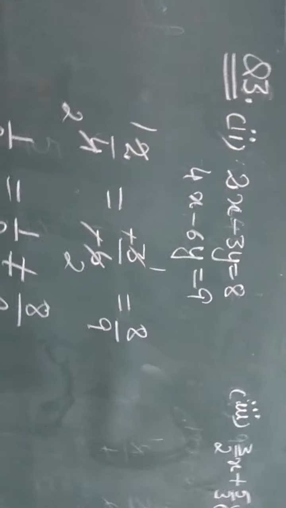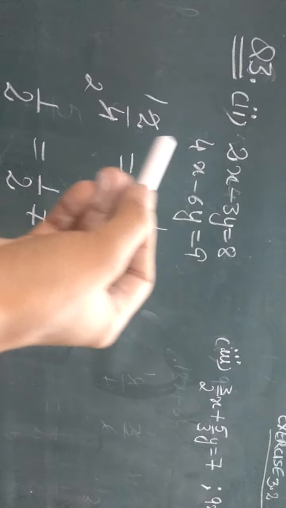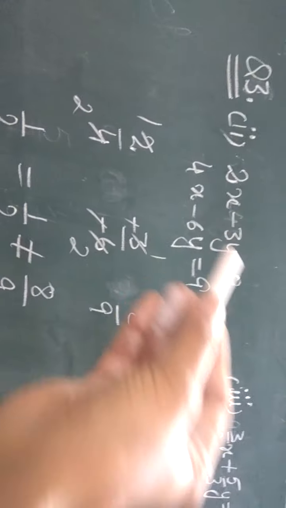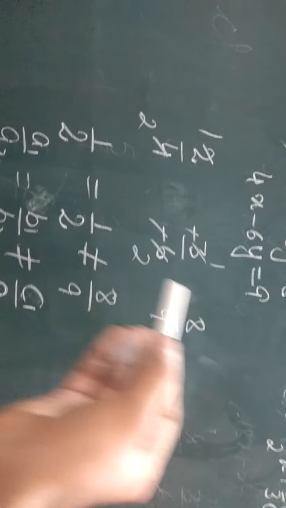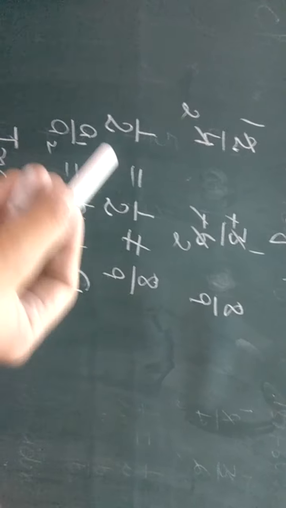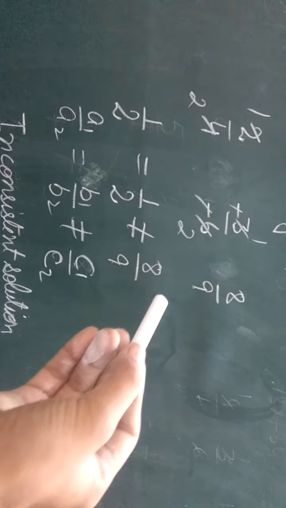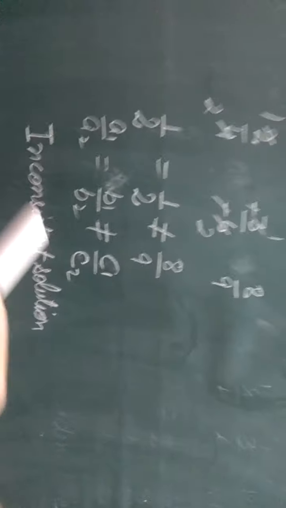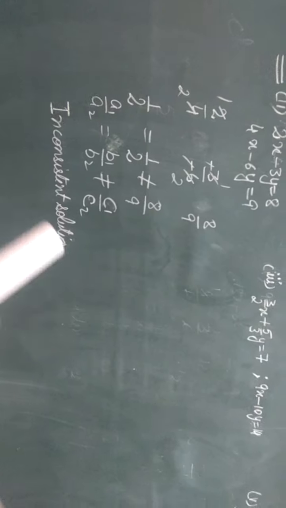The second part is there in front of you. The two equations are given to you. A1 by A2 means 2 by 4. B1 by B2 means we will not place these equal to signs. B1 by B2 is minus 3 by minus 6. C1 by C2 is 8 by 9. So by converting them in simplest form, we'll get this kind of look, in which A1 by A2 is equal to B1 by B2, that means 1 by 2, but C1 by C2, that is 8 by 9, is not equal. So what kind of solution is there? Just compare the ratios with the table. From the table you will see inconsistent solution.